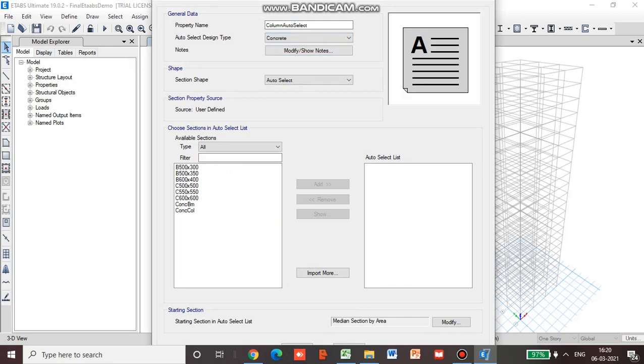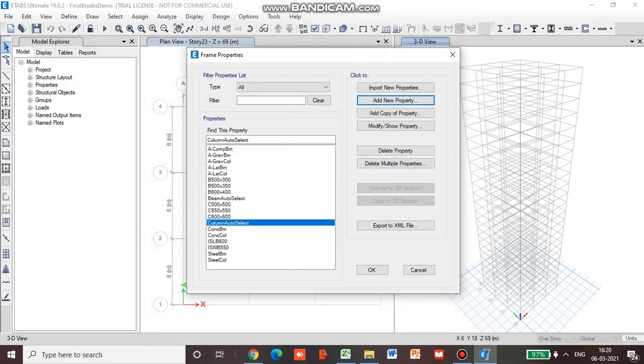So concrete, and you can see here all these. Select this, hold down shift, select all the three, add, and go for OK. So we have created two auto select lists, beam auto select list and column auto select list.